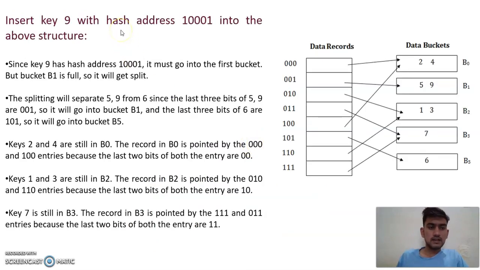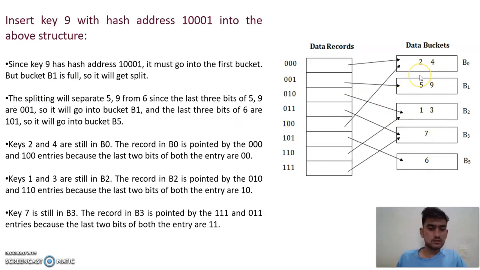So inserting key 9, which has the address 10001, into the above structure: since key 9's hash address ends in 01, it must go into the first bucket, but bucket 1 is full, so it will split. The splitting will separate 5 and 9 from 6. Since the last 3 bits of 5 and 9 are 001, they will go into bucket B1, and the last 3 bits of 6 are 101, so it will go into bucket B5, and keys 2 and 4